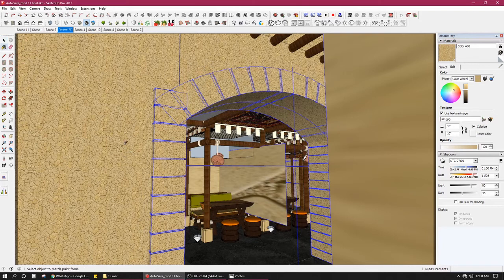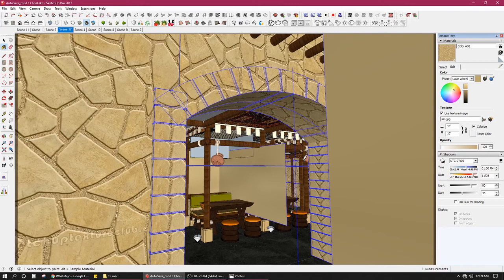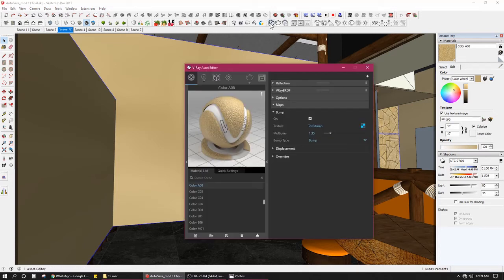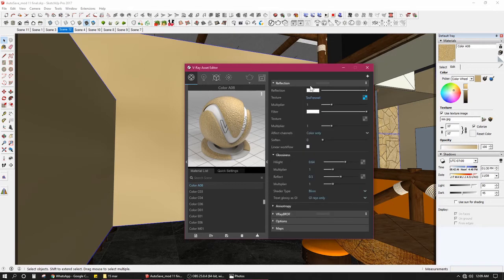But no worries. Now I change the scale of this by 10 times. I go back to this scene that I had set previously. You see that the value in this also has changed. The light is not the same as before. The texture on the light has changed. The scale has increased. The material has become a bit more blurred, right? So that was my asset editor for one of these materials.